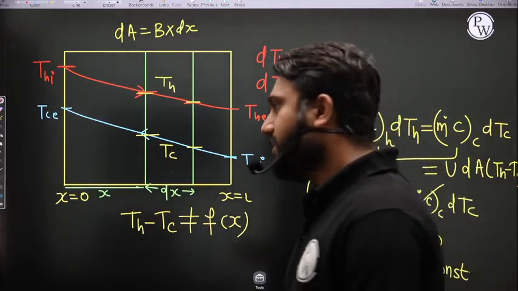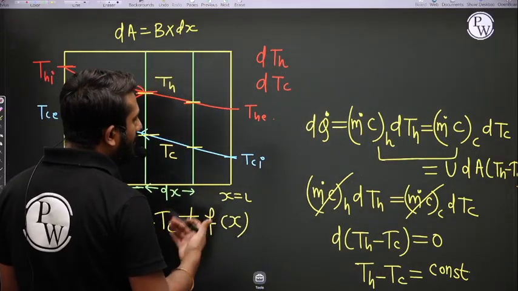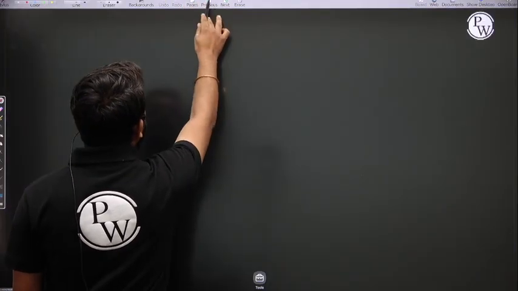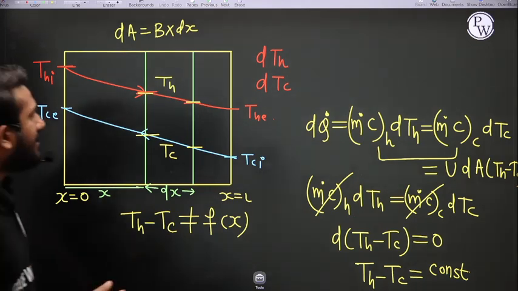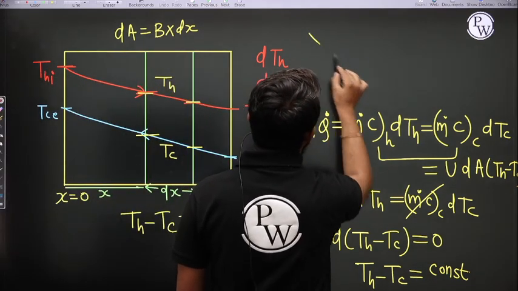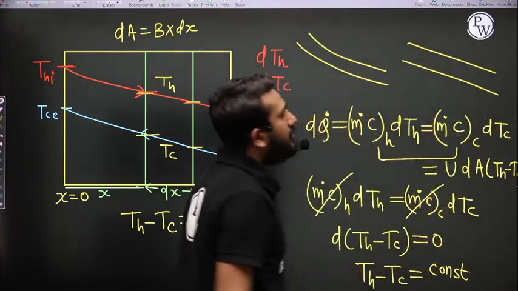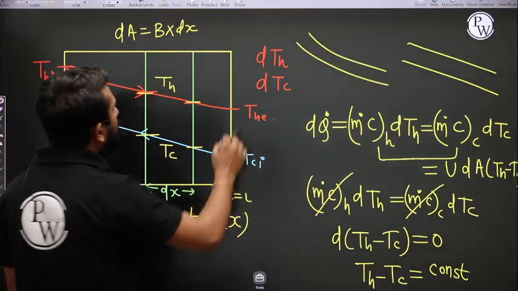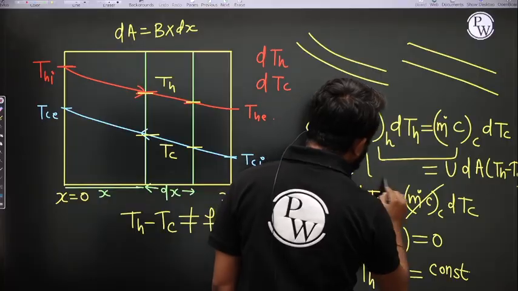Now see, next. Lines are parallel, it is clear, but parallel lines are possible like this also, no? These are also parallel lines. So which type of parallel? Now see here, now take these two,